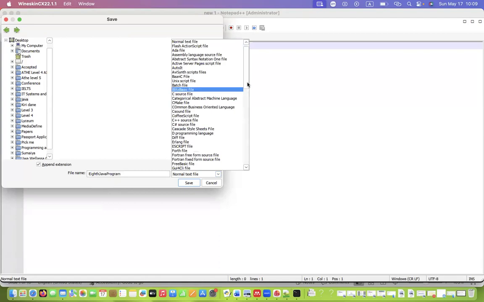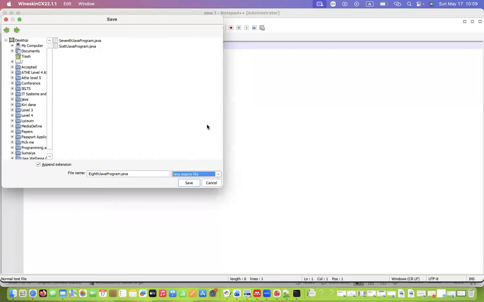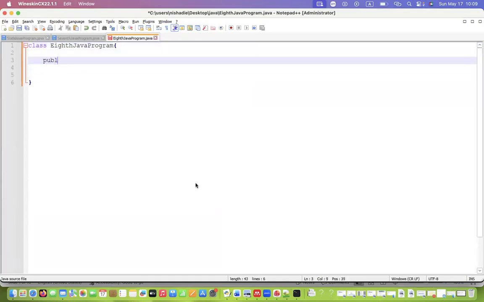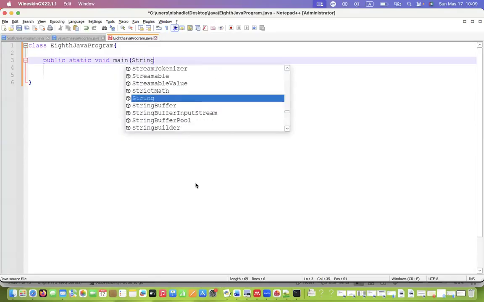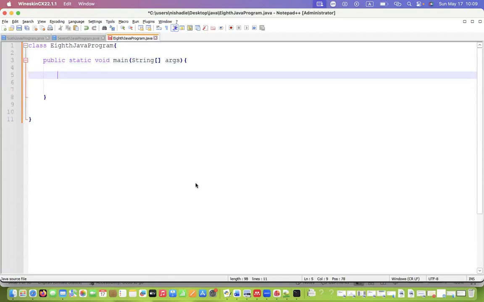And then change the save as type to Java source file and save it. So I'm going to start a class, open curly bracket. Inside the curly bracket, the main method: public static void main, String args, right. So let's take a variable called marks